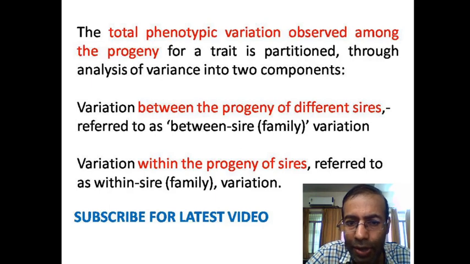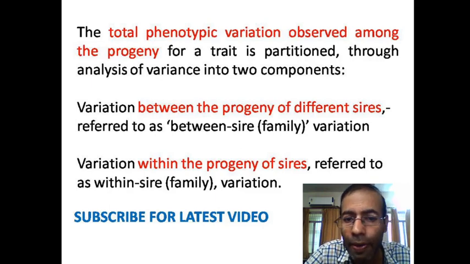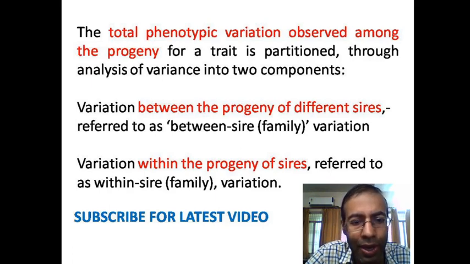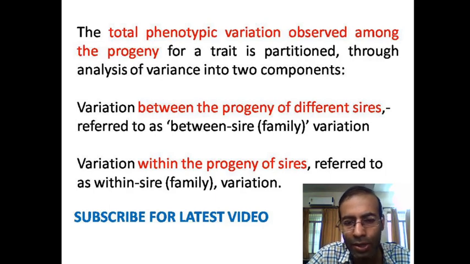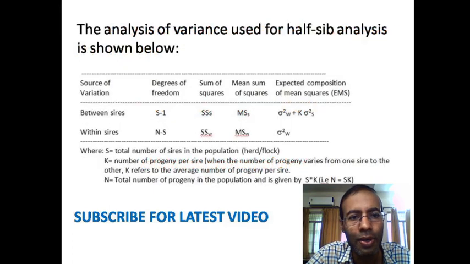We analyze the variation among the progeny produced from a single sire, which is referred to as within sire or within family variation. These two types of variation are generally used under this method, and this is the ANOVA table